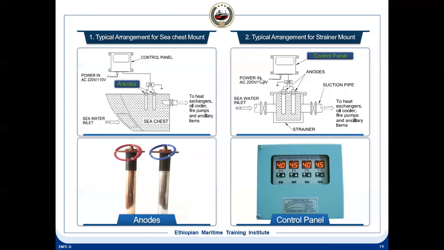So the current settings I told you, if you set the current high, then this anode will finish very fast. So a high current setting is not good. Normally seagoing current is 5.5 amps for the copper anode, and the aluminum one, that is Tc1, trap corrosion anode. Tc is a trap corrosion anode. It is also around 5.7. In port, it will be reduced to 3.9. And when it is not in operation, it will be very minimum, that is 0.4 amps.